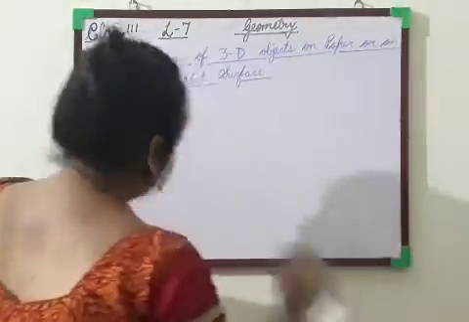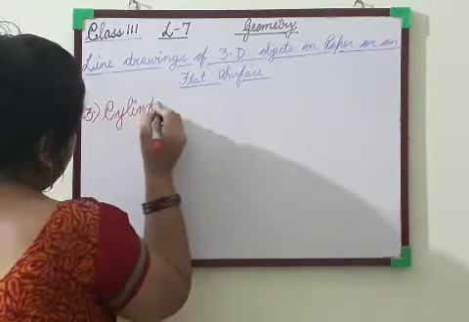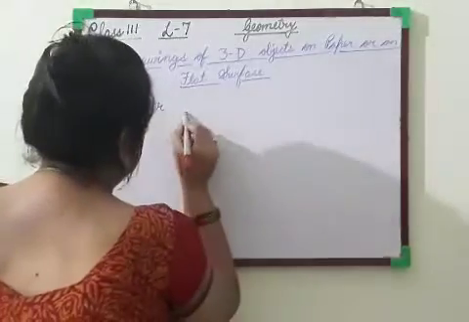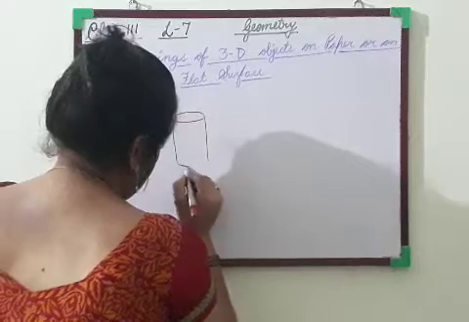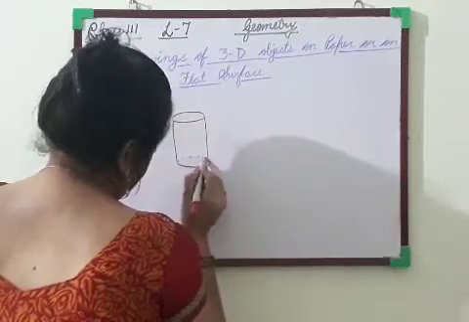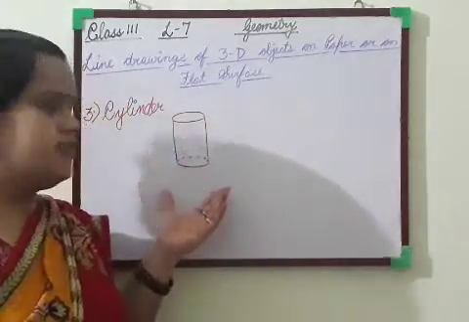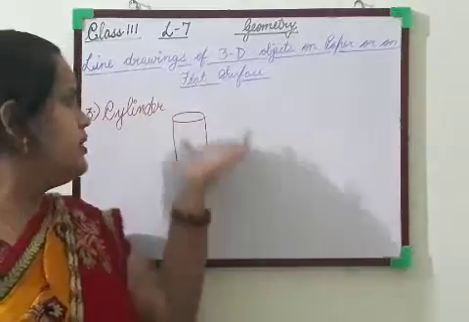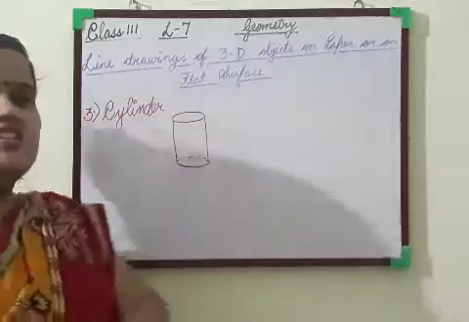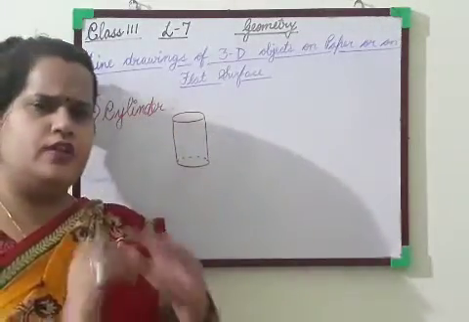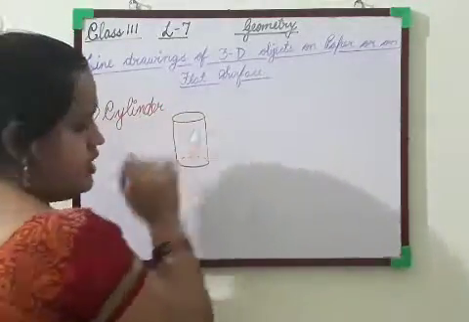The third one is cylinder. Okay, now see. Okay, this is the cylinder. Cylinder, whenever we have given the height to a circle, it becomes a cylinder. Okay. You must have seen the cylinder at your home also. Whenever we will see the cylinder from the top, it seems like a circle. The upper portion, this portion, it seems like a circle.